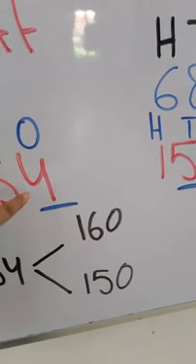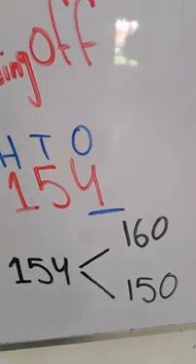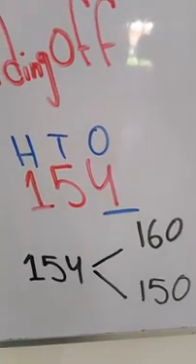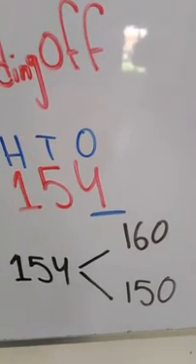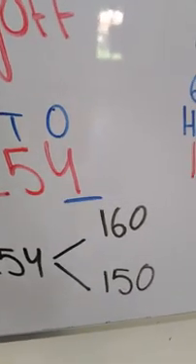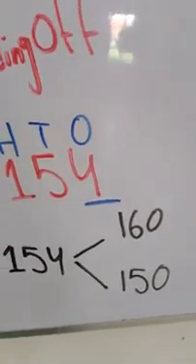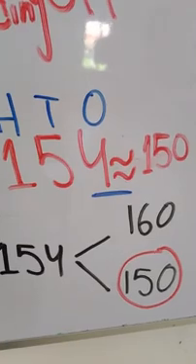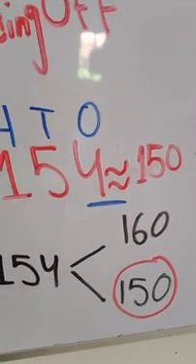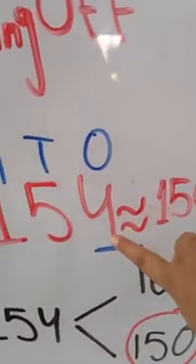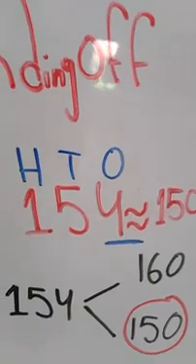Okay, on ones place there is a number 4. So we know that 4 is a lower number. So we have to count back. We have to jump back to the lower number. So what is the round off of 154, is it 150 or 160? The rounding off of 154 is 150 because the number in ones place is 4. This is what I am telling you for the nearest 10.